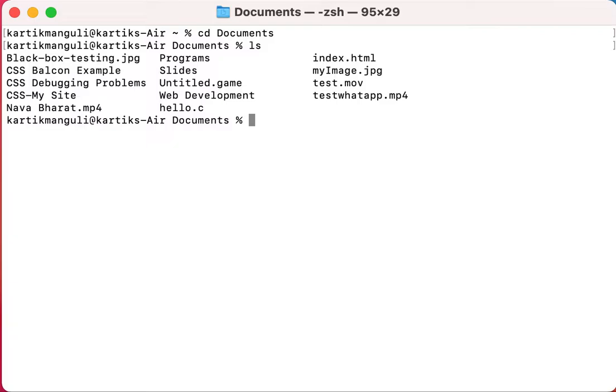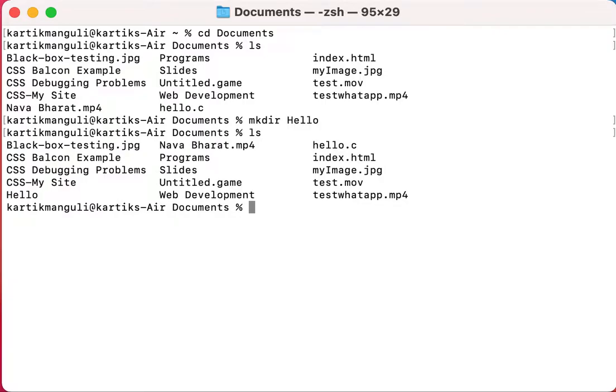You can see there are several directories. Let me create one directory, mkdir hello. I have created the directory hello.